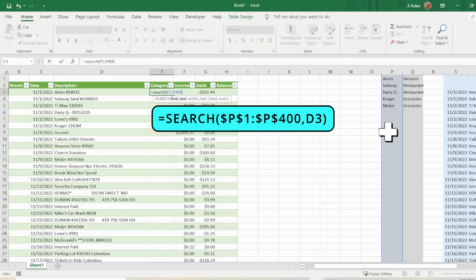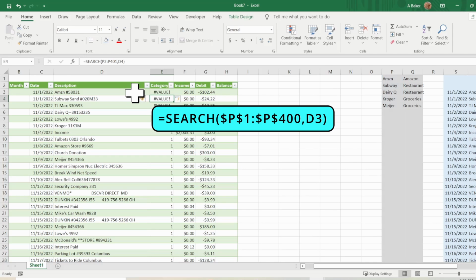Okay. Now, if you hit a comma and then compare it to, make sure you type in D3 and don't just click on that, because this is a table, it'll act a little bit funny. You need to make sure you put in D3 and then close the parentheses and hit enter. We're going to go back here in a second